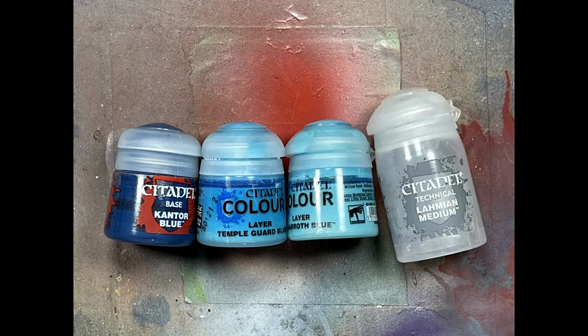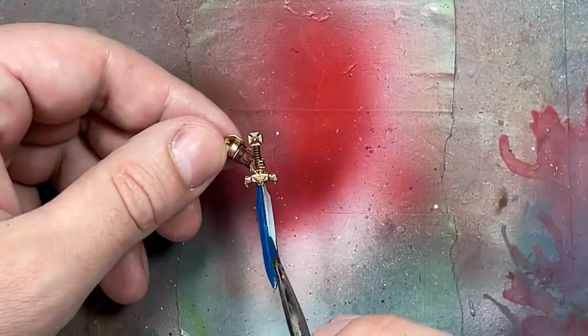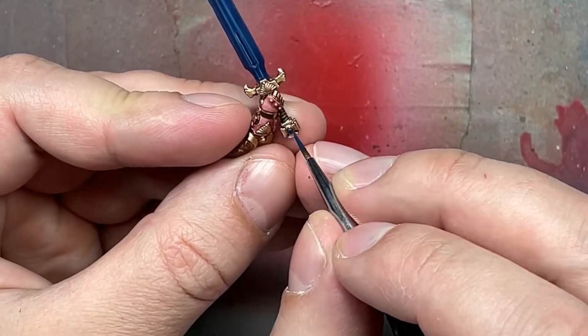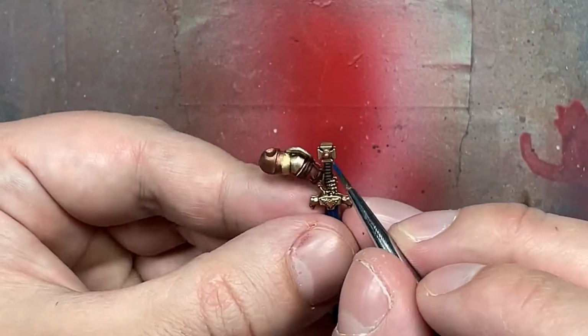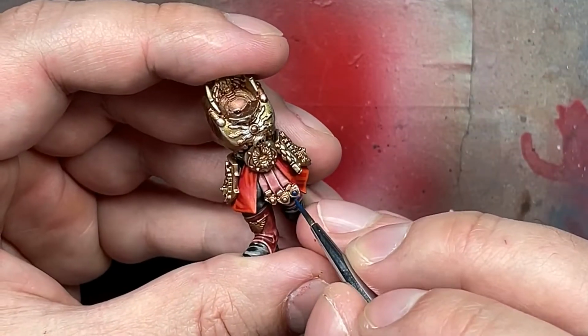Alright, with Cantor Blue, Temple Guard Blue, Baharoth Blue, and Lamian Medium, we're going to paint two separate things, but they use the same colors, so might as well do them at the same time: the gems and the swords. All the gems scattered throughout their body, and there's a lot, and the swords are going to start off with a base layer of Cantor Blue. Then we're going to take Temple Guard Blue, dilute it a bit with Lamian Medium so